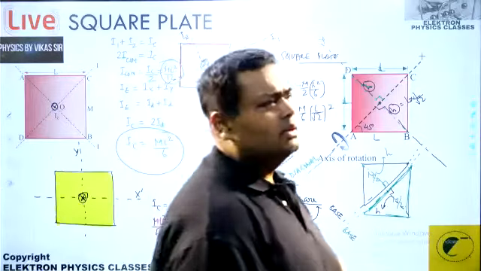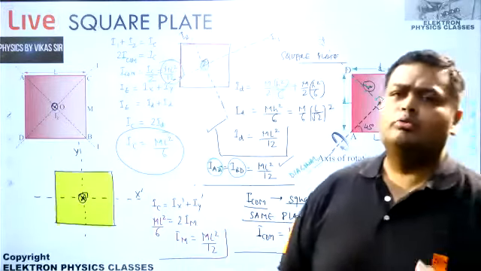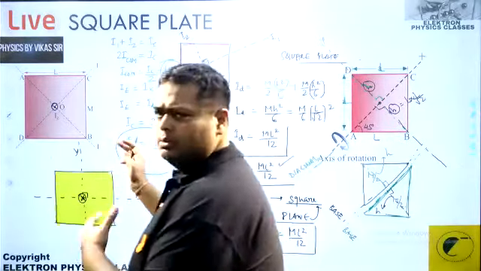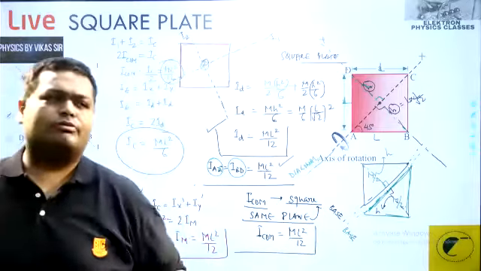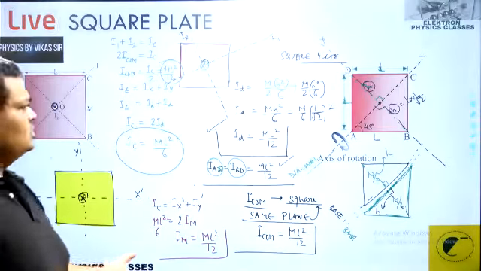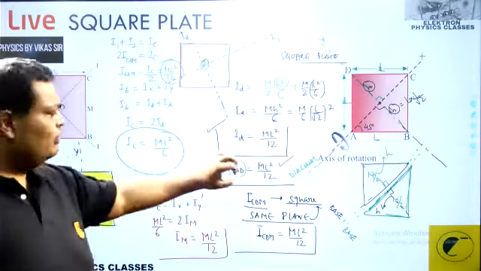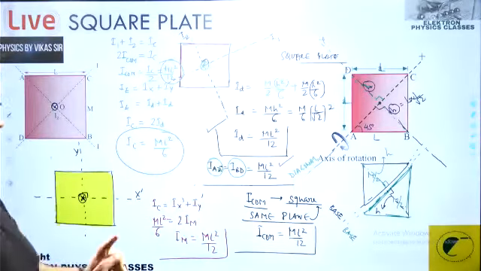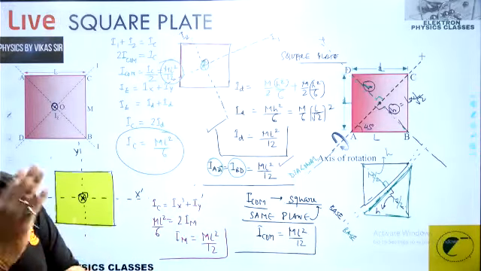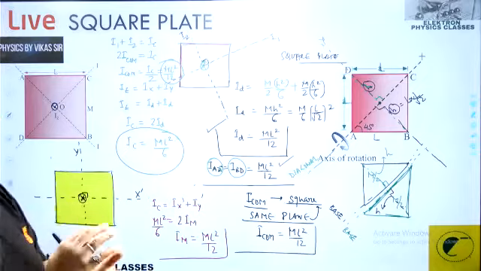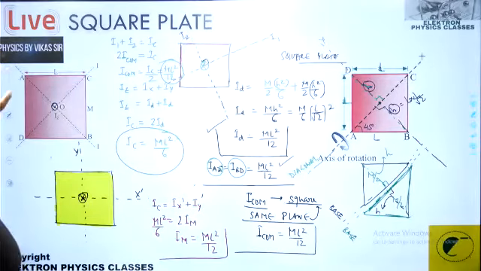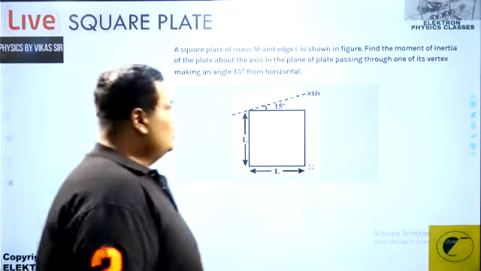So many things congregated into one article, and we are able to realize a fun fact: any of the axes passing through the center will have the identical moment of inertia in the case of the square. And it's a square plate, not a frame. Frame questions we have done earlier. Moving on to the next one.